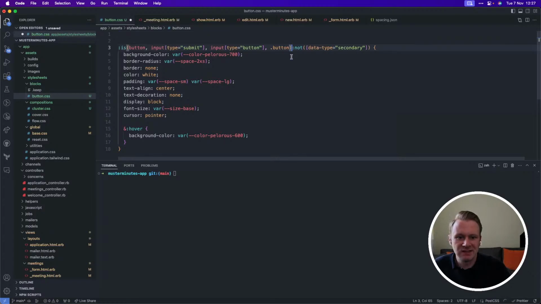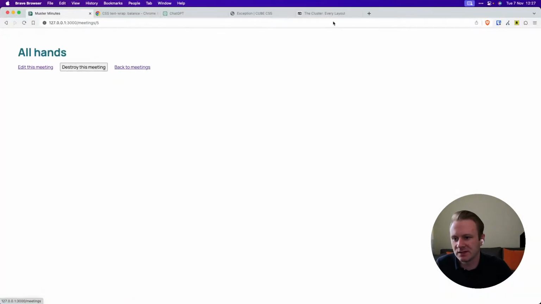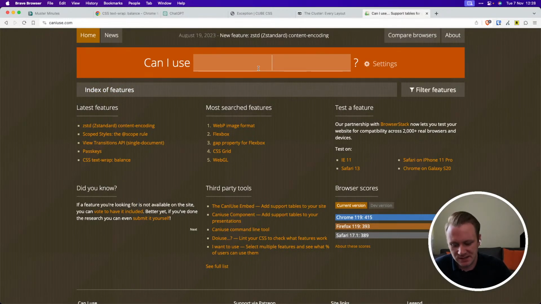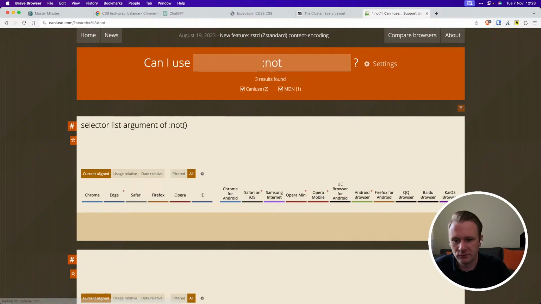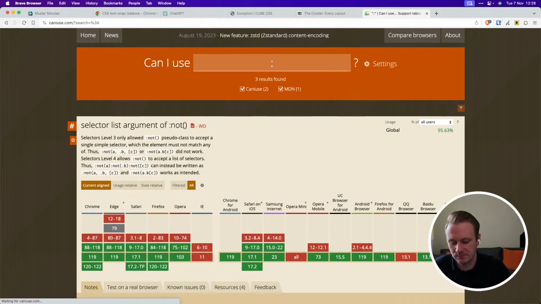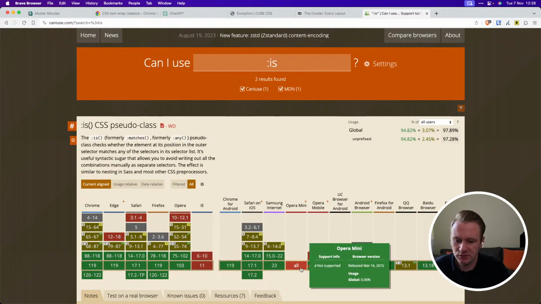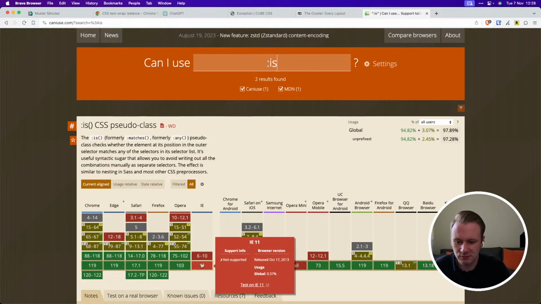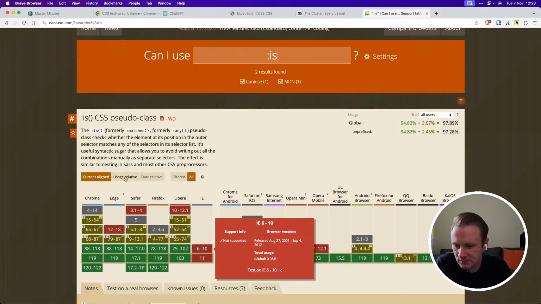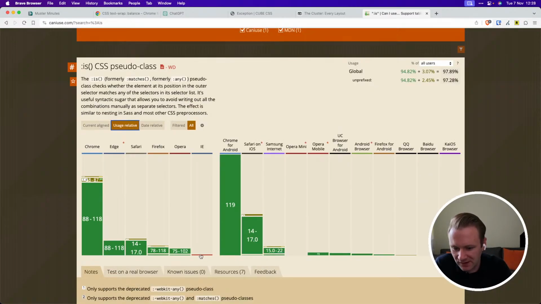If I did the is, but that's something I want to check because I'm using a whole set of CSS selectors now that are not pretty well supported actually. Is is also pretty well supported. I mean, IE can go screw itself, but everyone uses Edge now anyway. Like if I did usage relative, who cares about this